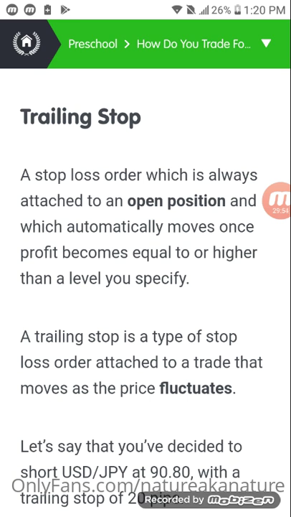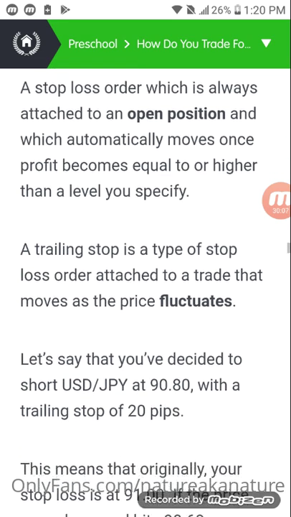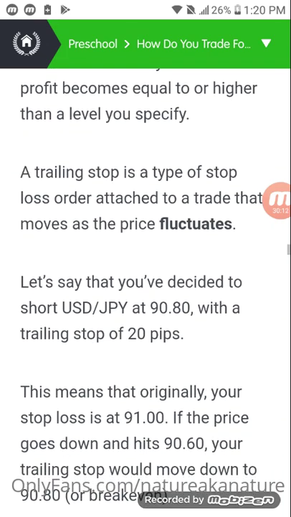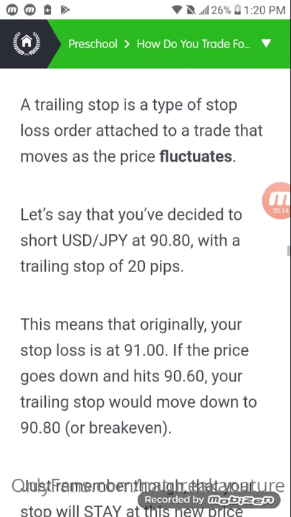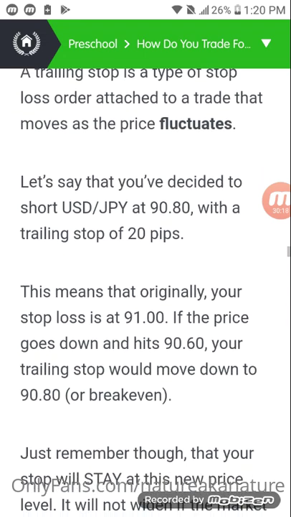A trailing stop loss order also attaches to an open position and automatically moves once profit becomes equal or higher than the level you specify. So a trailing stop loss order attaches to a trade when price is moving and fluctuating. Let's say you decide to short USD JPY at 90.80 with a trailing stop loss of